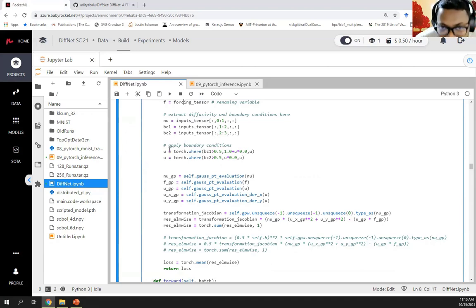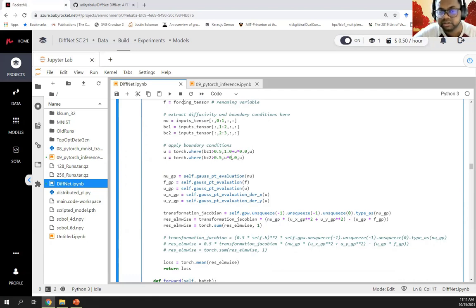The way we apply the mask is wherever BC1 is true, we would make the temperature, or the U, to be 1. The way we do it is by saying 1 times U times 0. U times anything times 0 is going to be 0, plus 1 will always ensure that this is always going to be 1. And this is going to ensure that anytime we apply this boundary condition, this term is always going to be 0.